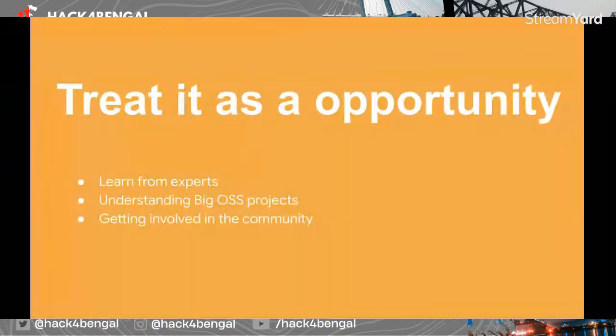In any project, whether it is open source or closed source, you will be working in a big code base.